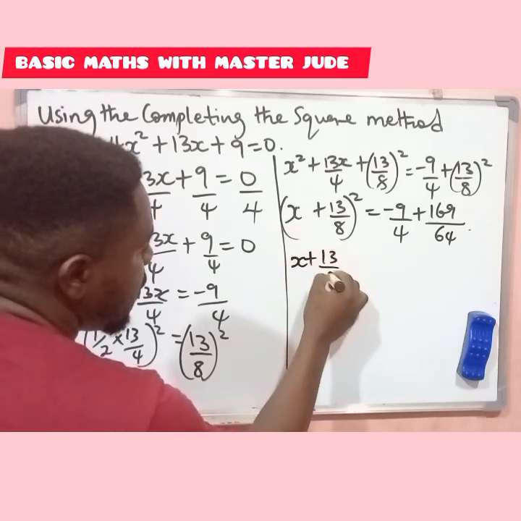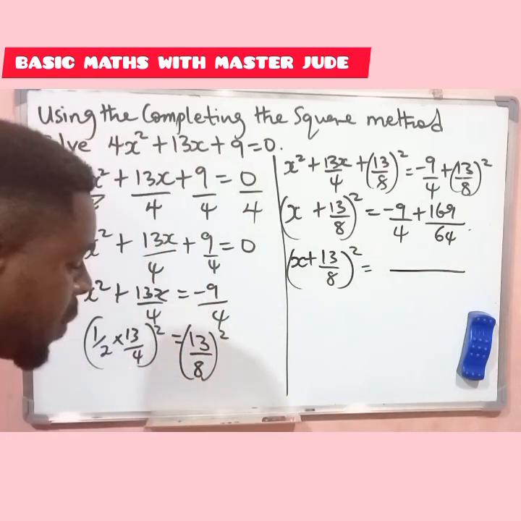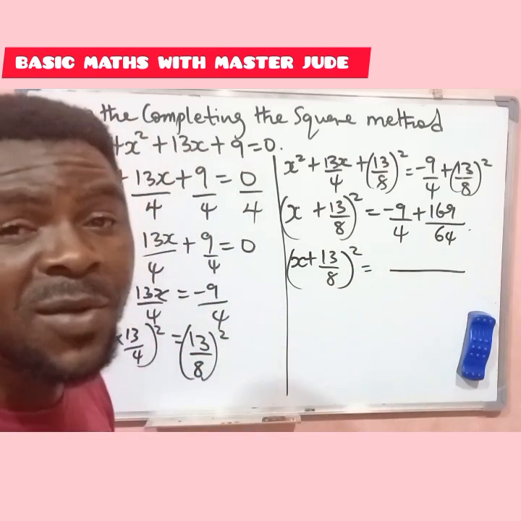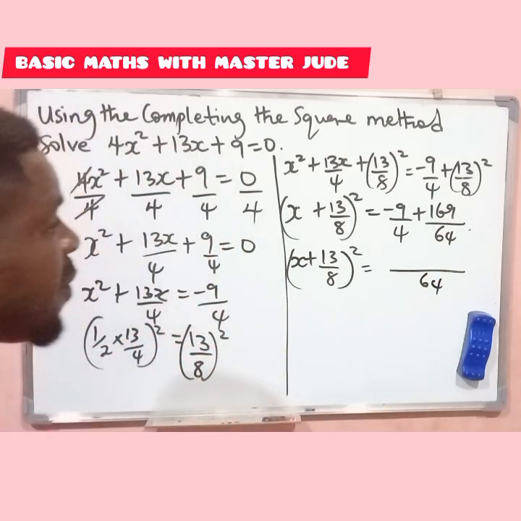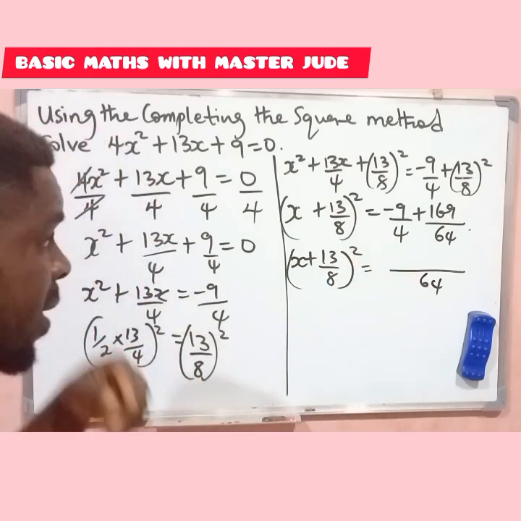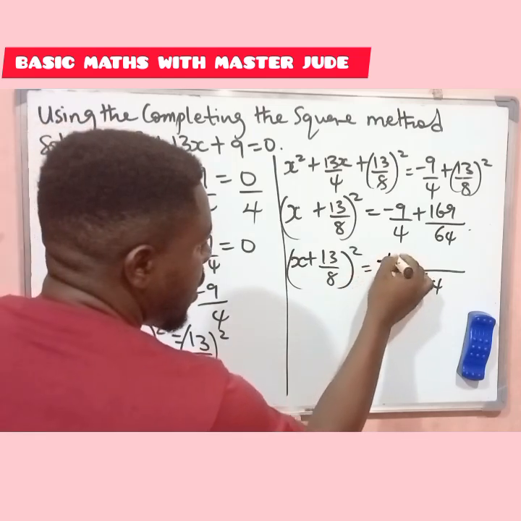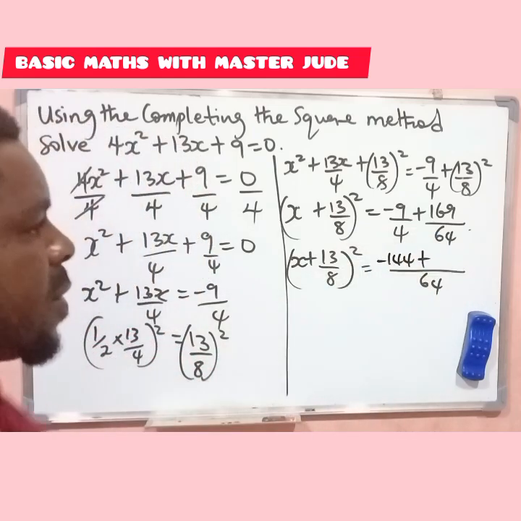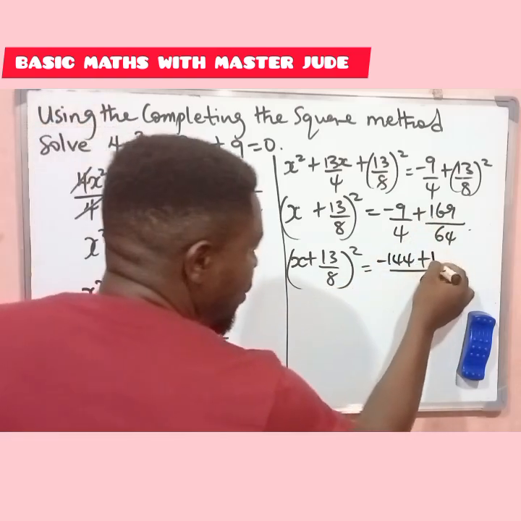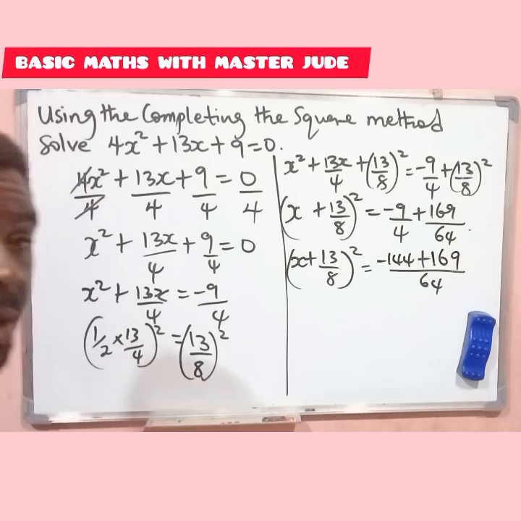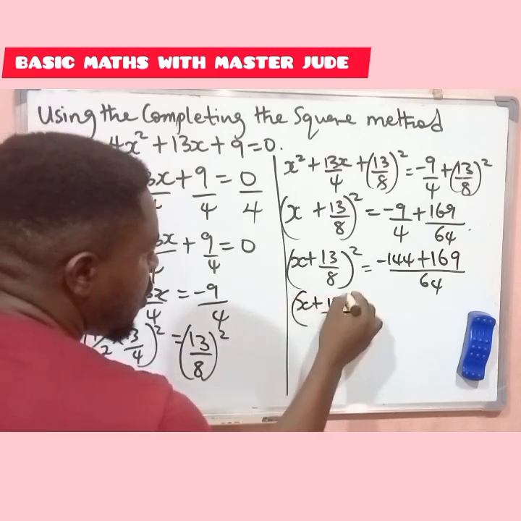x plus 13 over 8 all squared is equal to, you now simplify this. What is the LCM of 4 and 64? The LCM of 4 and 64 is 64 because 4 can go into 64. 4 into 64 gives me 16. 16 times minus 9 gives me minus 144. 64 dividing itself is 1, and 1 multiplied by 169 gives us 169. Then you bring down the left hand side, which is x plus 13 over 8 all squared